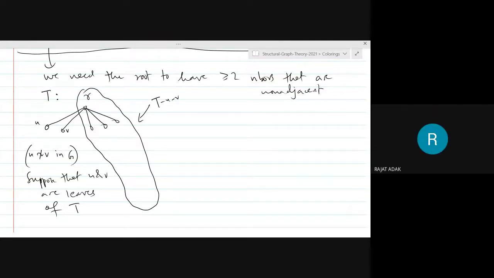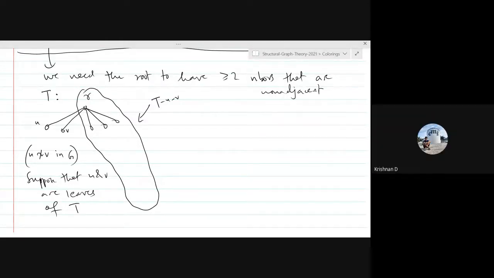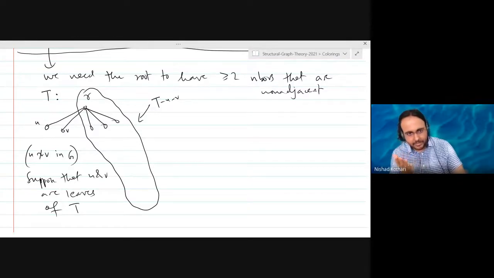Well, the graph is two connected, right? It shouldn't be cut, so G minus U and G minus V are both connected graphs, right? Right, but G minus U minus V could be disconnected, right? Okay. Yeah. But you are right, you are on the right track. So what do you need? What is the property you need? Three connected. Sure, three connected would help, but I want a weaker property. I don't want G minus U minus V to be disconnected, right? So the graph is two connected, but I also want G minus U minus V to be connected. Okay?